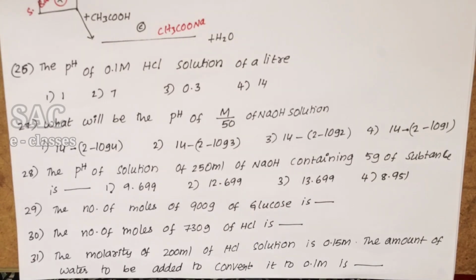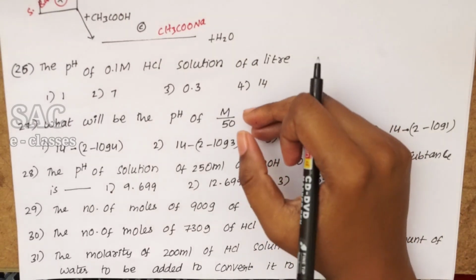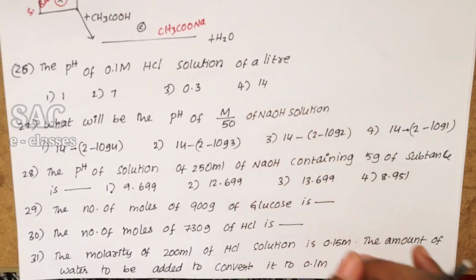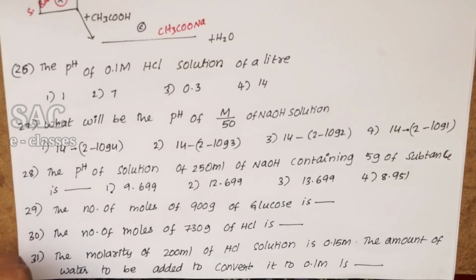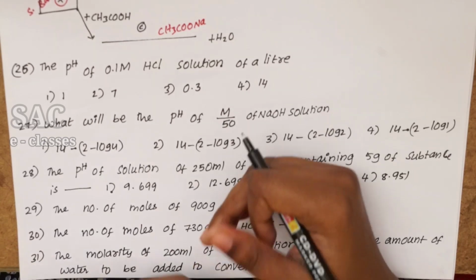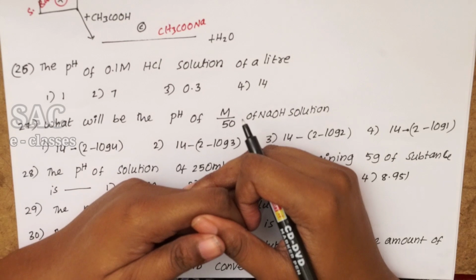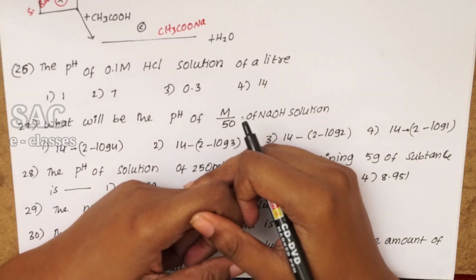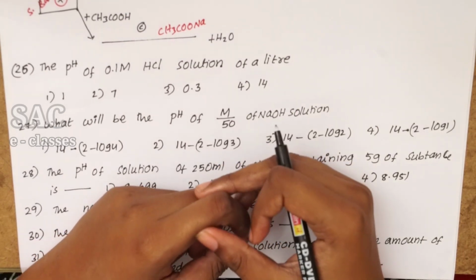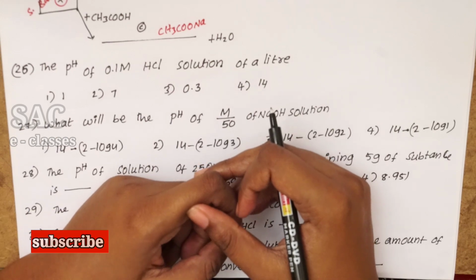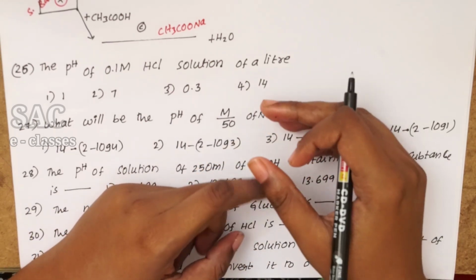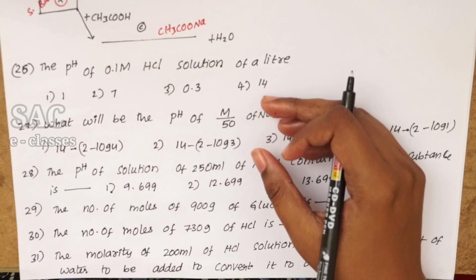Today you are going to learn the continuation of the acid and bases conceptual bits, which is the continuation of part 1. In this video exclusively we are going to learn how to calculate the pH when they have a given strength of an acid or maybe a base. Then further, how to calculate the strength, what are the terms relevant to strength, and in what way you can calculate the pH.